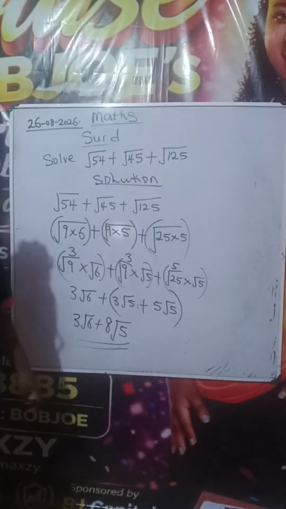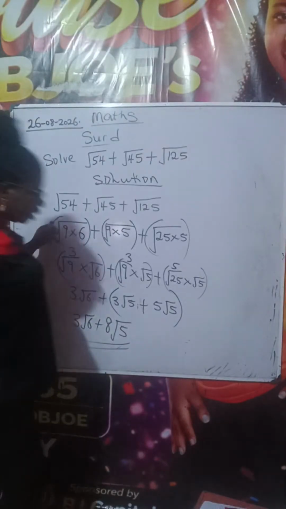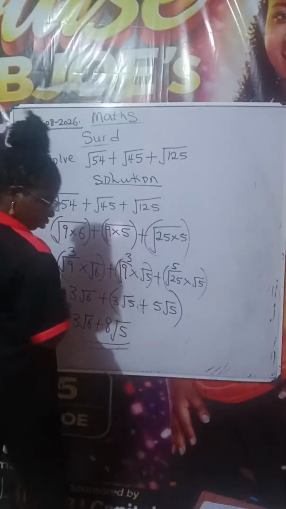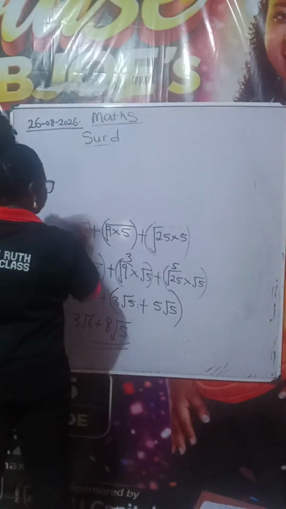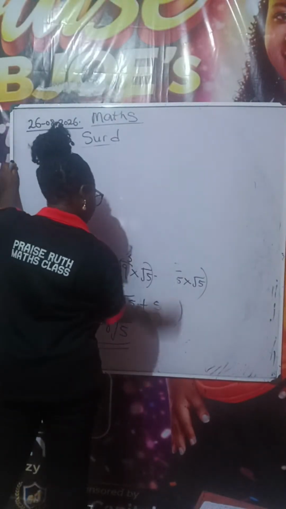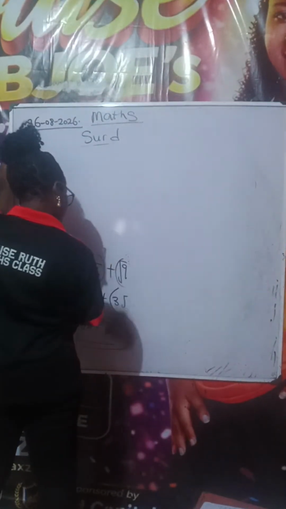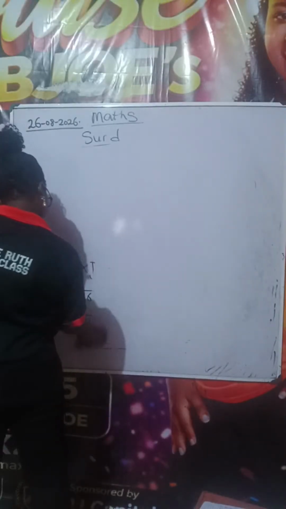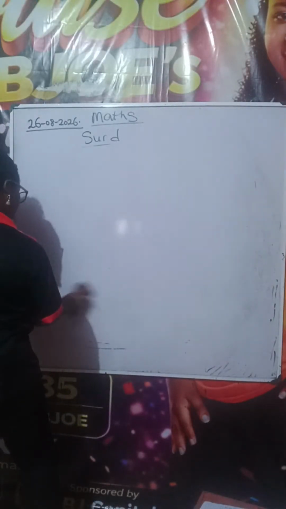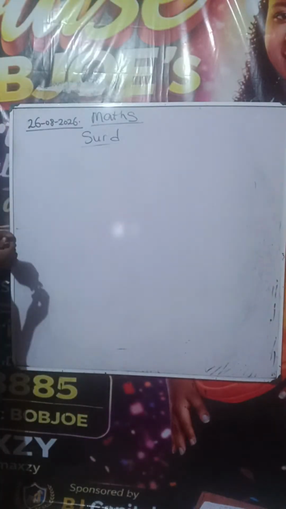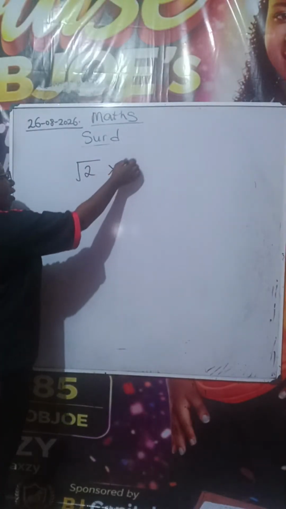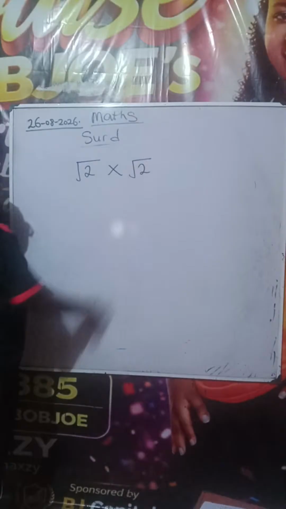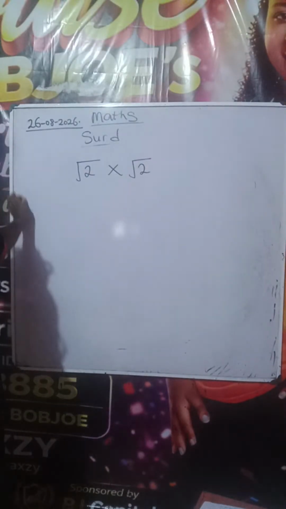So now let's proceed to multiplication. Let's take some multiplication. Okay, now look at this. If I have, for example, root 2 times root 2, so what is it going to give me? If it's multiplication,